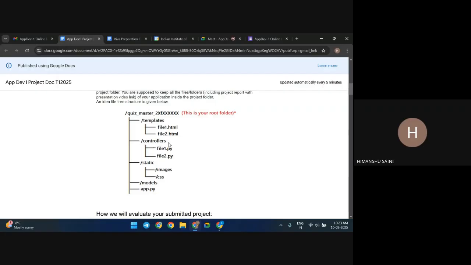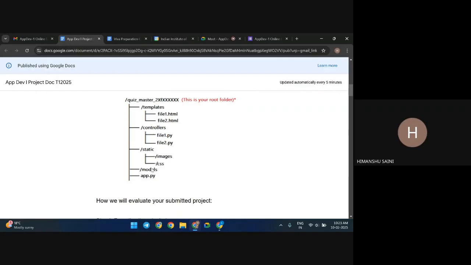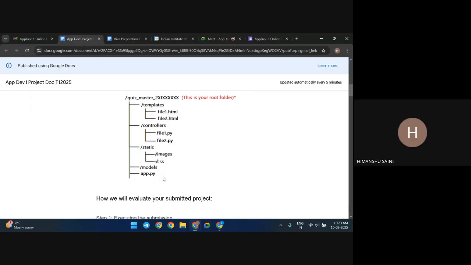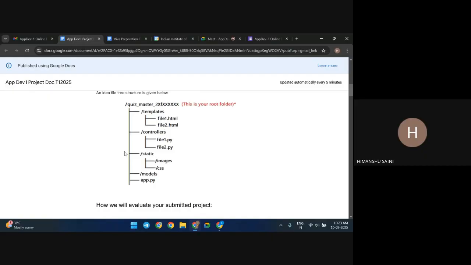Okay, so we have kept it backend, and here it says models in a different folder, but we don't need to. We are making it in the same folder, so you can ignore this. And in app.py we have all the initialization, right? There everything is connected and initialized. So this is the root folder, this is how it is structured, and this will be an important thing because they first check this folder structure. If you have a good folder structure, only after that will you be evaluated, right? So they check that your folder structure is good,